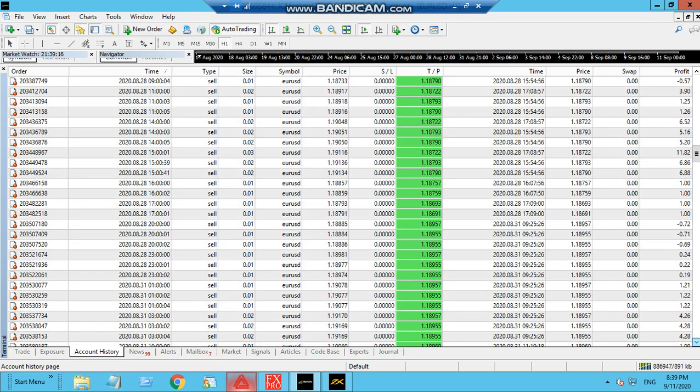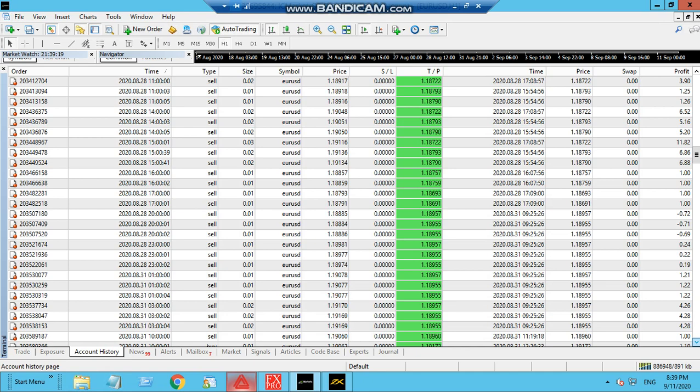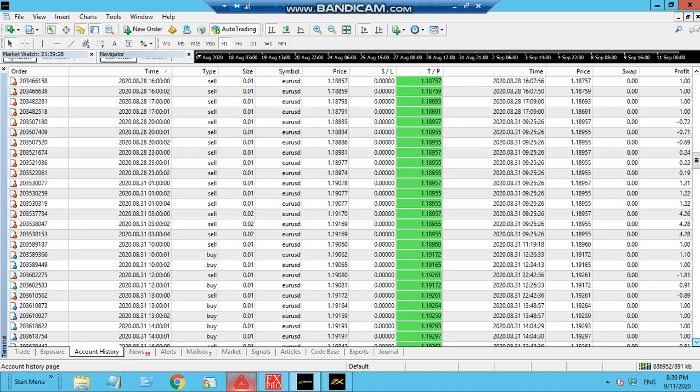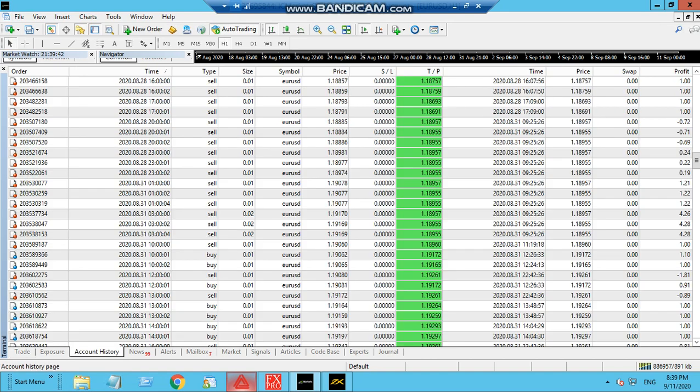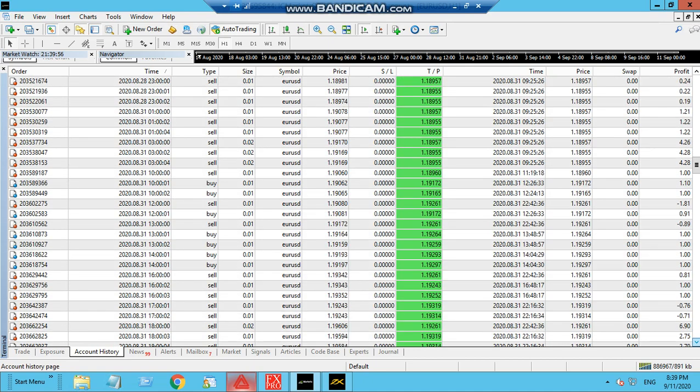But if your equity balance is low, say you started with 200 US dollars, and while opening the trade it reaches minus 100, it doesn't mean that you are losing 100. It is something that is floating as a drawdown, showing how far below your account has gone. So it doesn't mean that you lost that 100 US dollars. Drawdown is how low it has gone. For a 200 US dollar account, it went up to minus 100, so it means 50% drawdown.